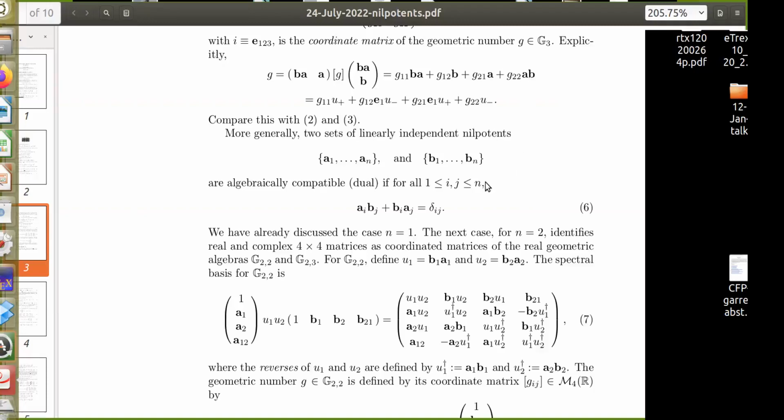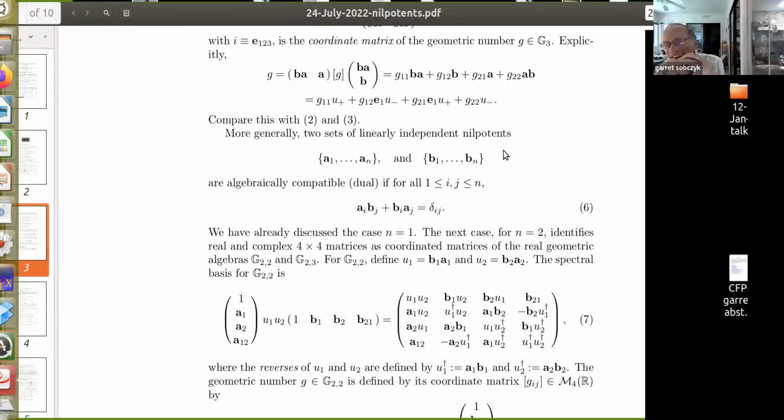Because the algebra that is here is inside of a subspace, I don't know. And I don't know if the B's are part of this space or not. Well, they're all in the same